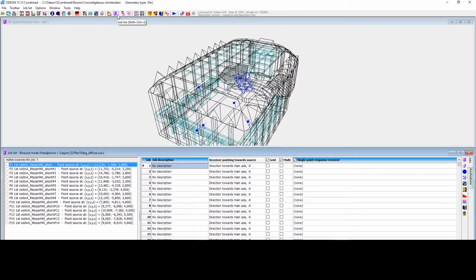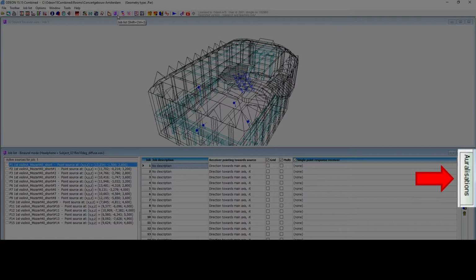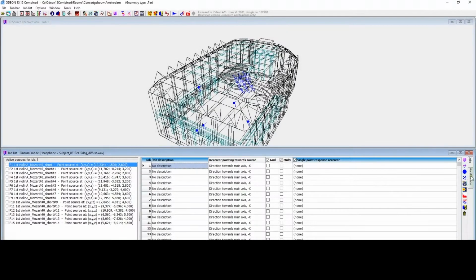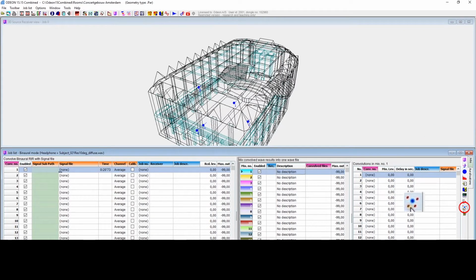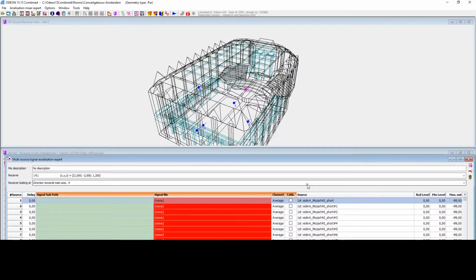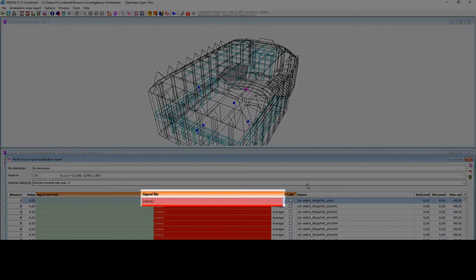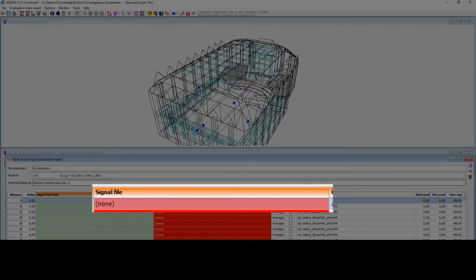We'll not define manually any impulse response simulations or any convolutions. Instead, we'll go directly to the mix and select this multi-source signal equalization expert. I will show you a couple of the methods now so you get comfortable with that. Because I gave these sources a special name corresponding to the signal we're using, I can use this pair sources with signal files. I can also go here instead and select each signal manually.